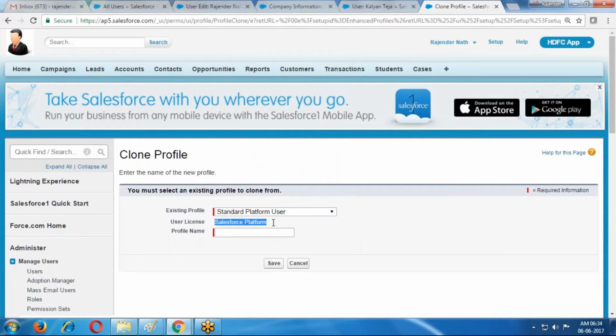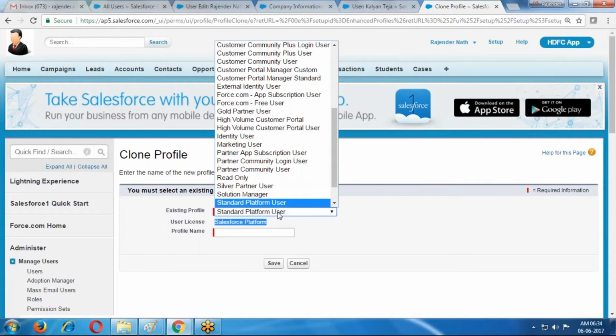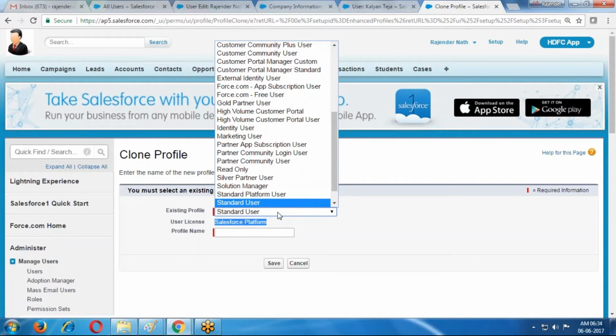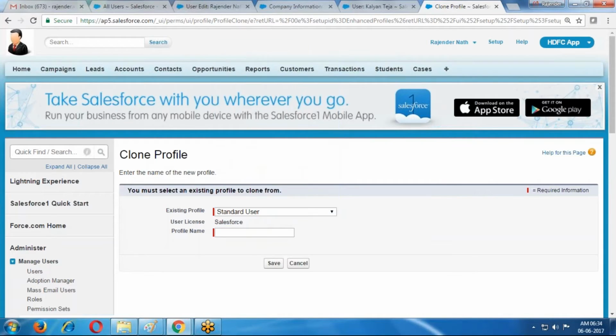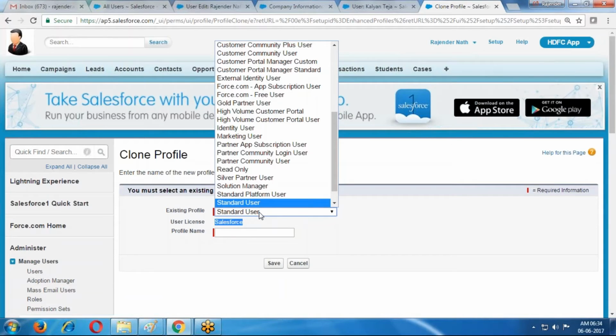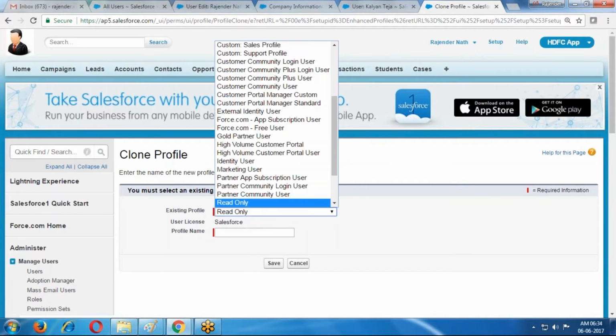This profile's license is Salesforce platform. If I select standard user, the license type is Salesforce. You can assign this profile only to Salesforce license users. Read only is also a Salesforce license.